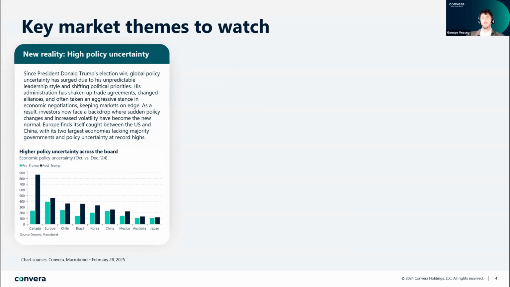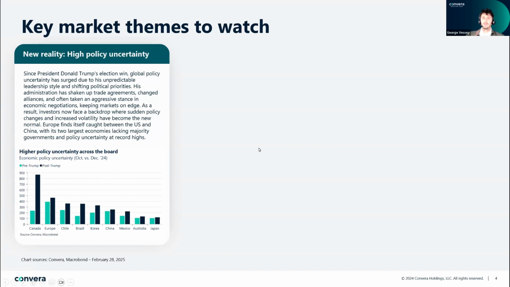And also the clash between Trump and Zelensky in the Oval Office last week not only decreased the probability of an immediate peace deal being signed, but it could be seen as an eye-opener for European leaders as well, meaning that they need to step up not only defense spending, but also be more proactive when it comes to the war and settling it as soon as possible. So this geopolitical theme, of course, has repercussions on trade, supply chains, commodity prices, and diplomacy, and that can have far-reaching implications for the rest of the world.